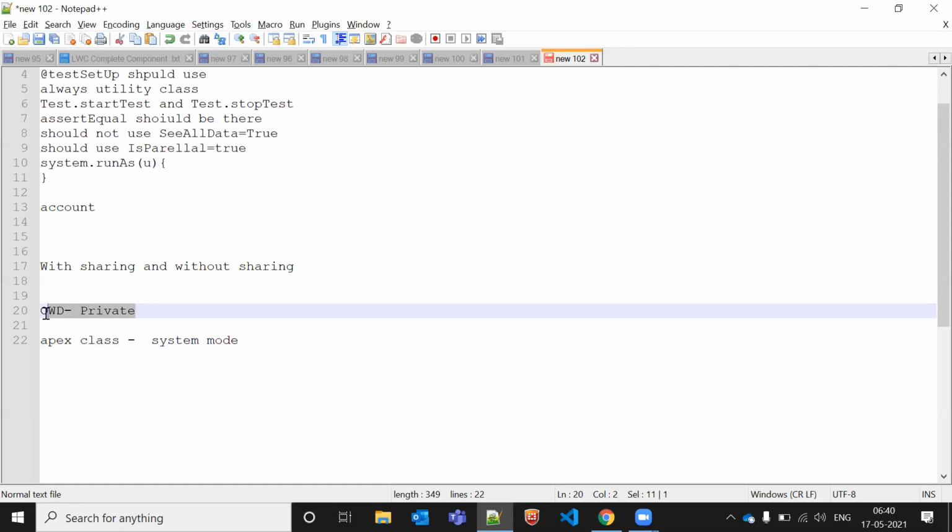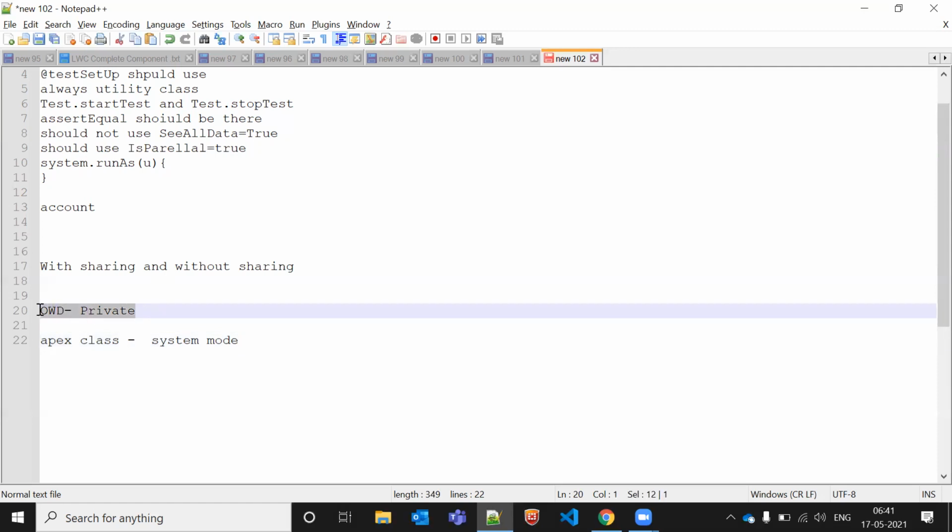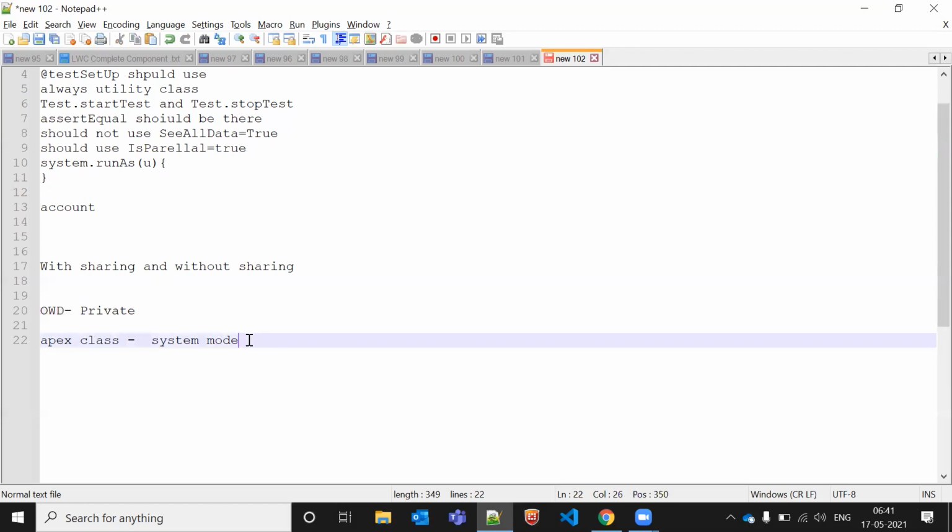If OWD is private, then the Apex class will behave as public, meaning everyone can see each other's records. This is how it runs in system mode, we can say it runs in without sharing mode.